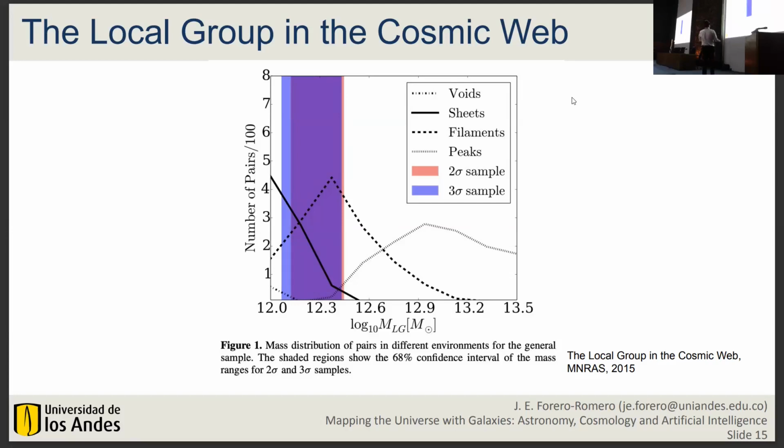What we have here is the mass of these two halos, basically the total local group mass. This is the most probable range of the local group mass. And what we see is that most likely we are living in a filament. Fine, we live in a filament, most probably. But if you take a look at the simulation, this filament is connecting the Milky Way and Andromeda. If Andromeda is here and the Milky Way is here, the filament goes in this direction.